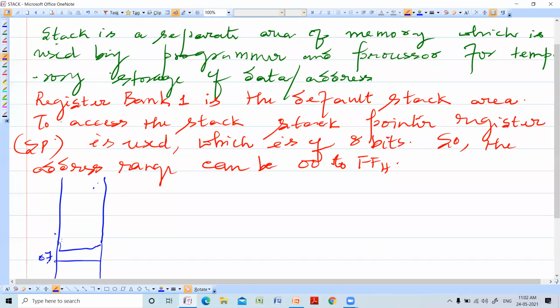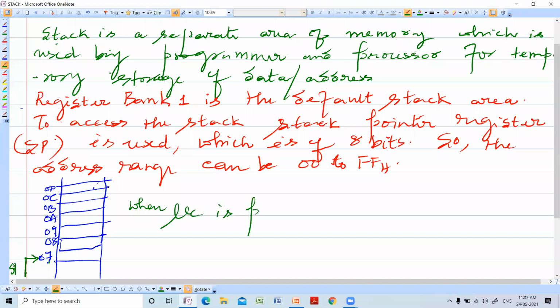So this is 07, this is 08, 09, 0A, 0B, 0C, 0D, etc. Now, when the microcontroller is powered up, SP points to 07.